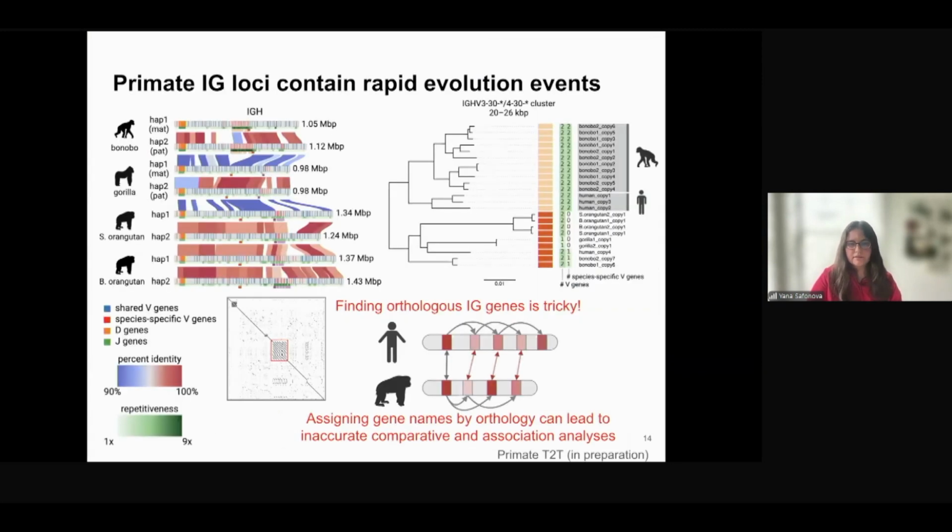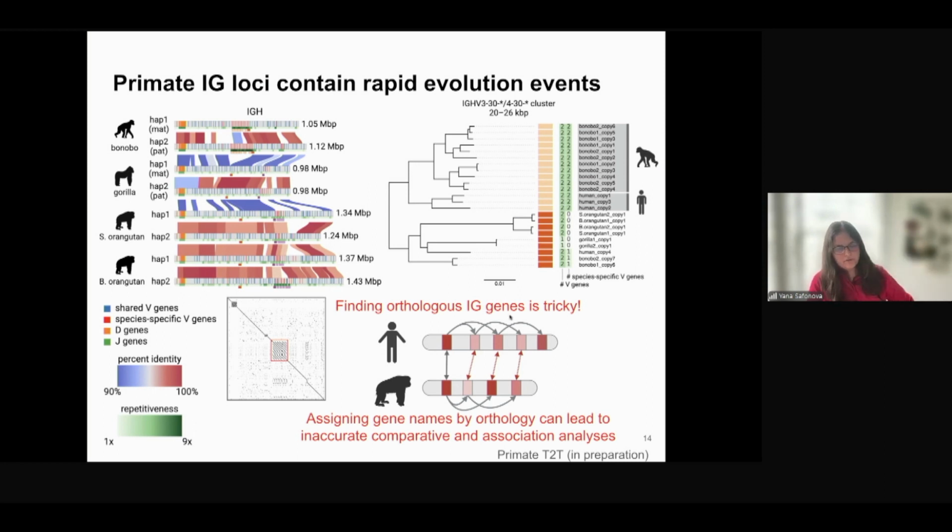So let's look at these situations more closely. And let's start with the primates, because we can say that they are simpler. If we compare bonobo with other great apes, such as gorilla and orangutan, overall we can see that, yes, there are a lot of similar blocks, and we can relatively well reconstruct long synteny blocks. We can make some conclusions about evolutionary development, but we also should keep in mind that there are places where